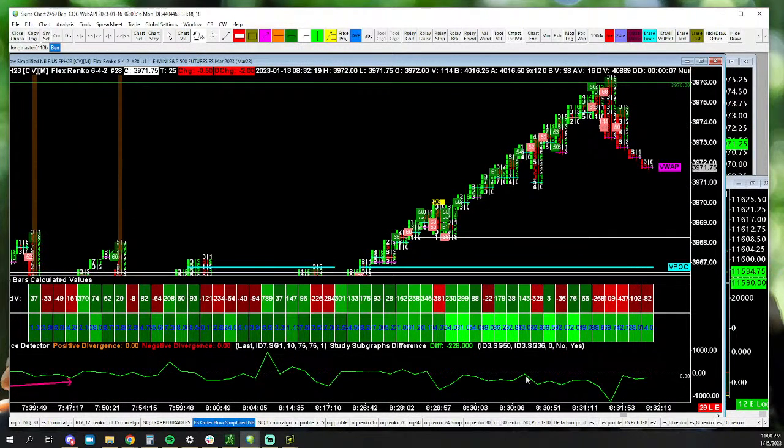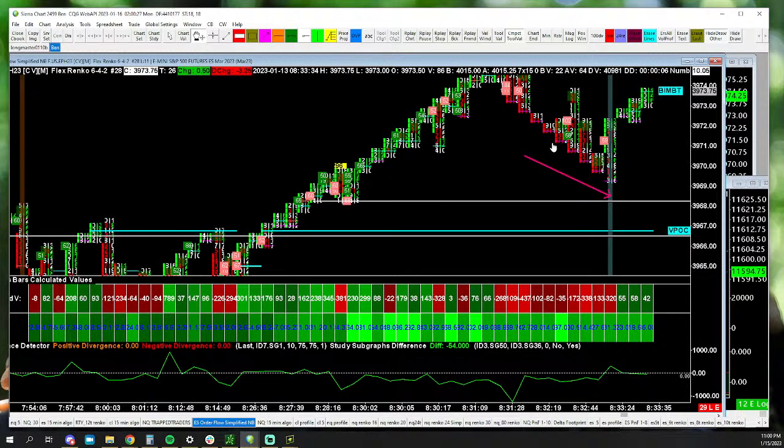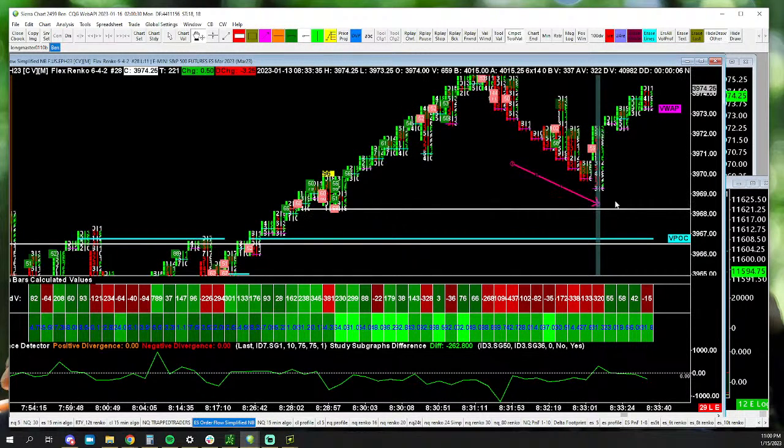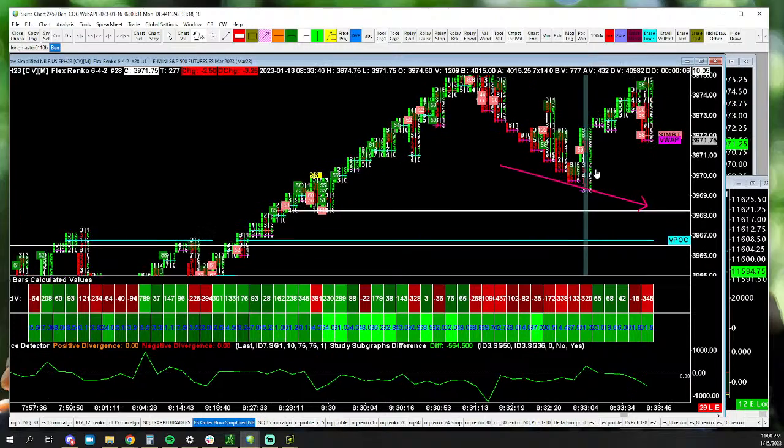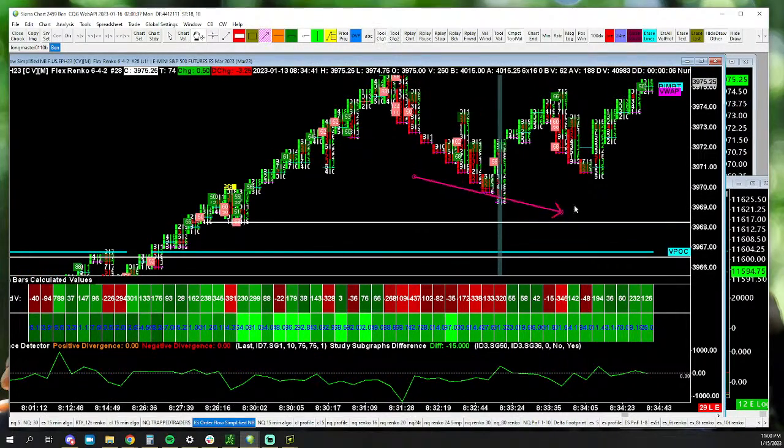So let's see what happens. Look how buyers have still not put in any energy here. It's just all sellers doing all the work for them. They come down, we get the sign of divergence on the other indicator. That's usually a good low. If they get under that low, it's almost always buyable the first time. So let's see, do they get under the low? They just hold it, and it's over.